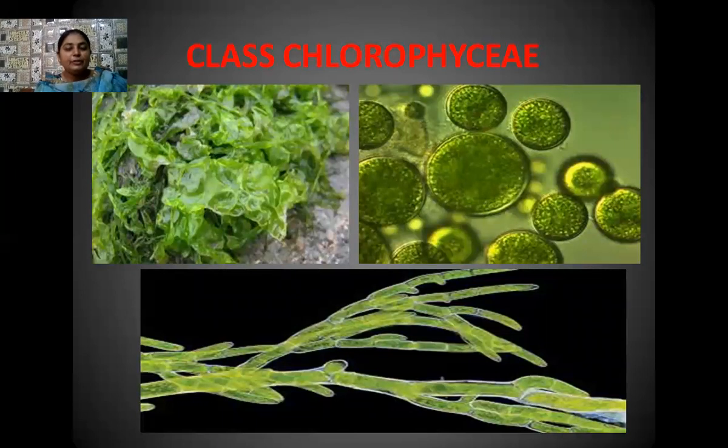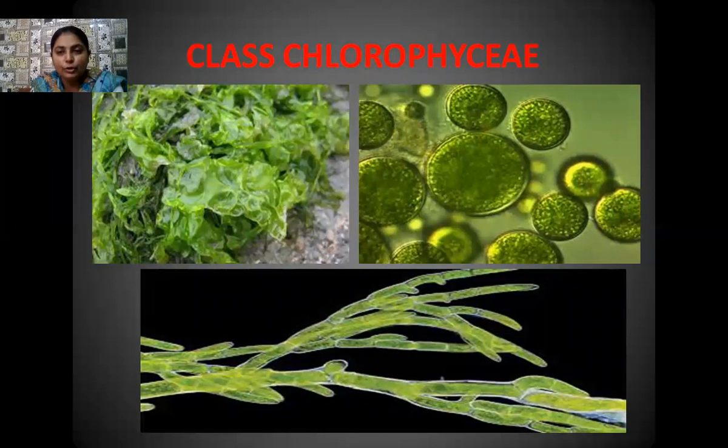Yes, students, here I am going to start the revision of the first class of algae, and that is the class Chlorophyceae. So Chlorophyceae, commonly known as the green algae. You can see in the picture that their body is thallus-like, so very little differentiation is there. You're not able to differentiate what is the leaf, or the roots or stems.